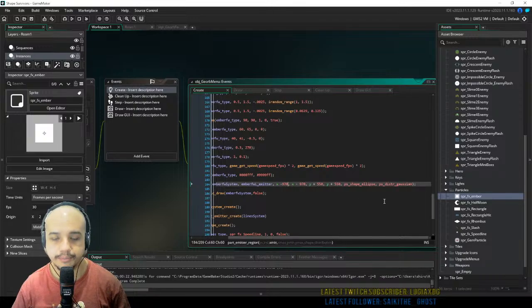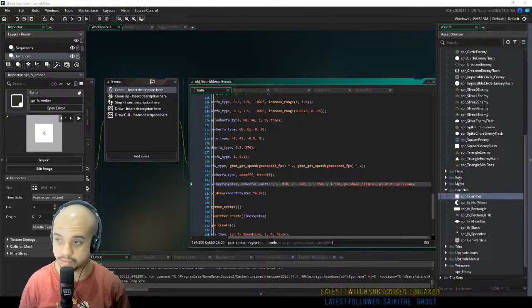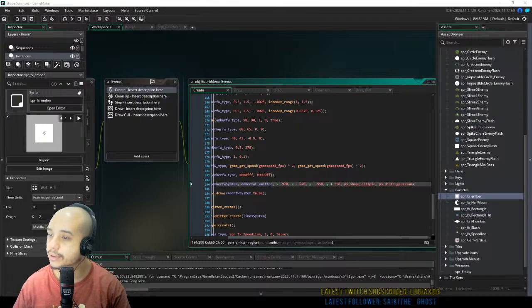It's kind of a square. But we might have to look at some reference. It's hard because, what kind of fireworks is that called? The ones that go like